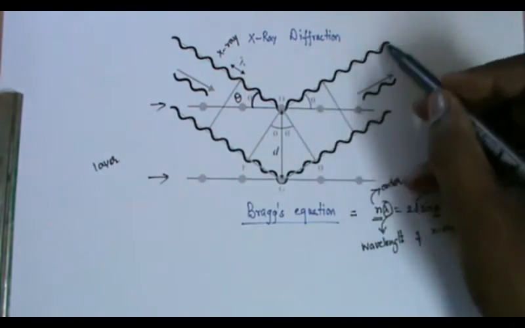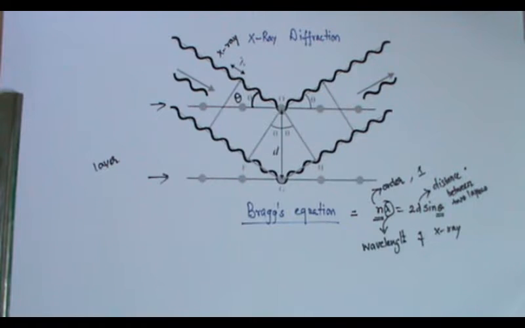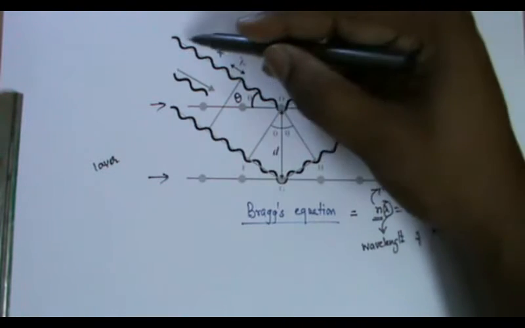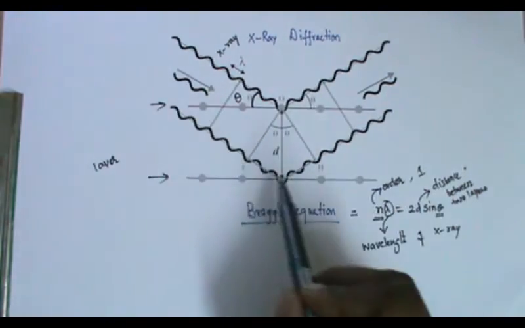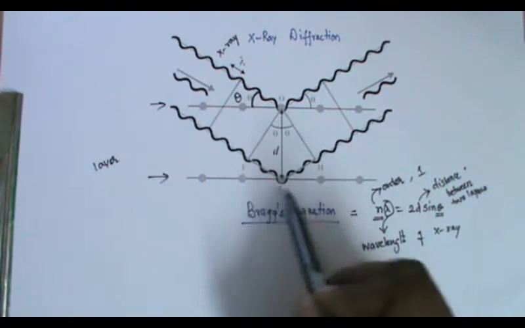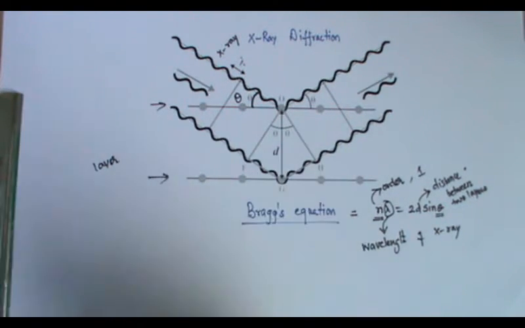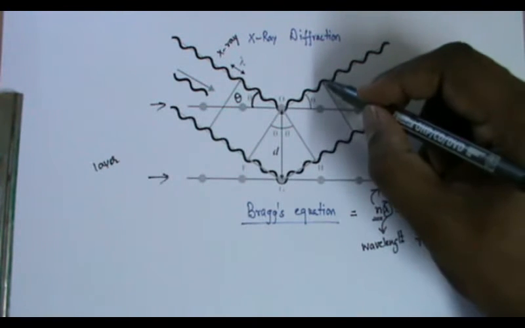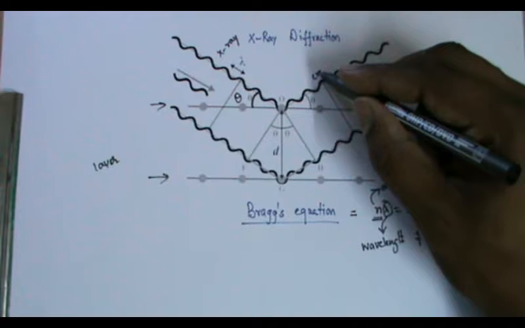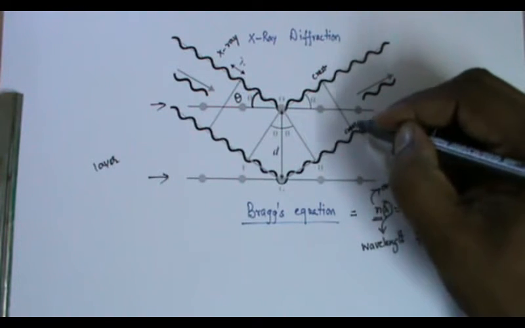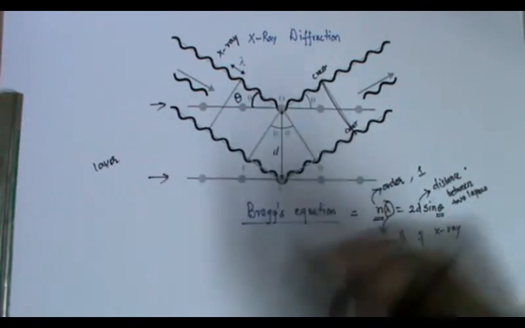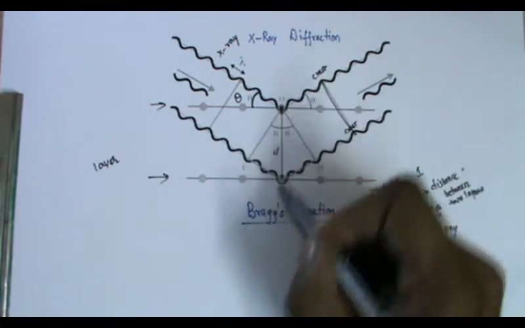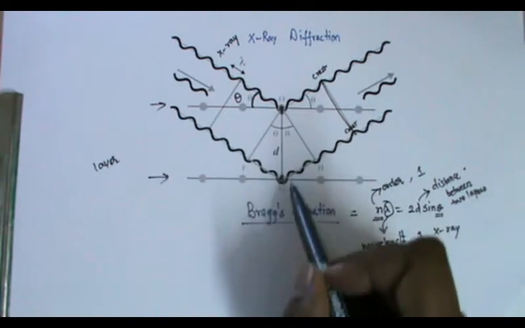After that, it is getting diffracted. What do you mean by diffraction? Here I have considered two layers. So this is another X-ray. It penetrates and it strikes another layer. Now look at this. This crest and this crest, they are same. What does it mean? The distance between the first one and second layer, so that is the distance between the two layers,